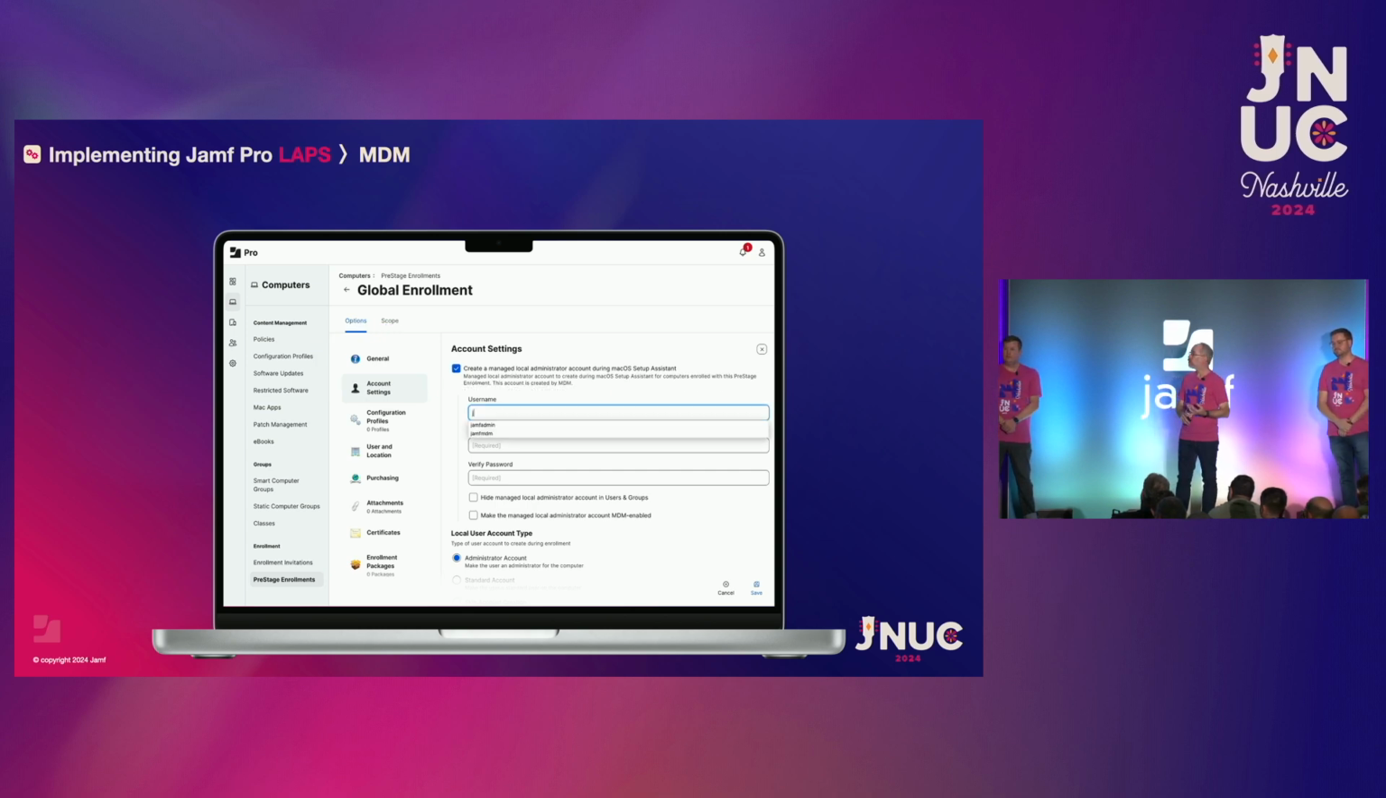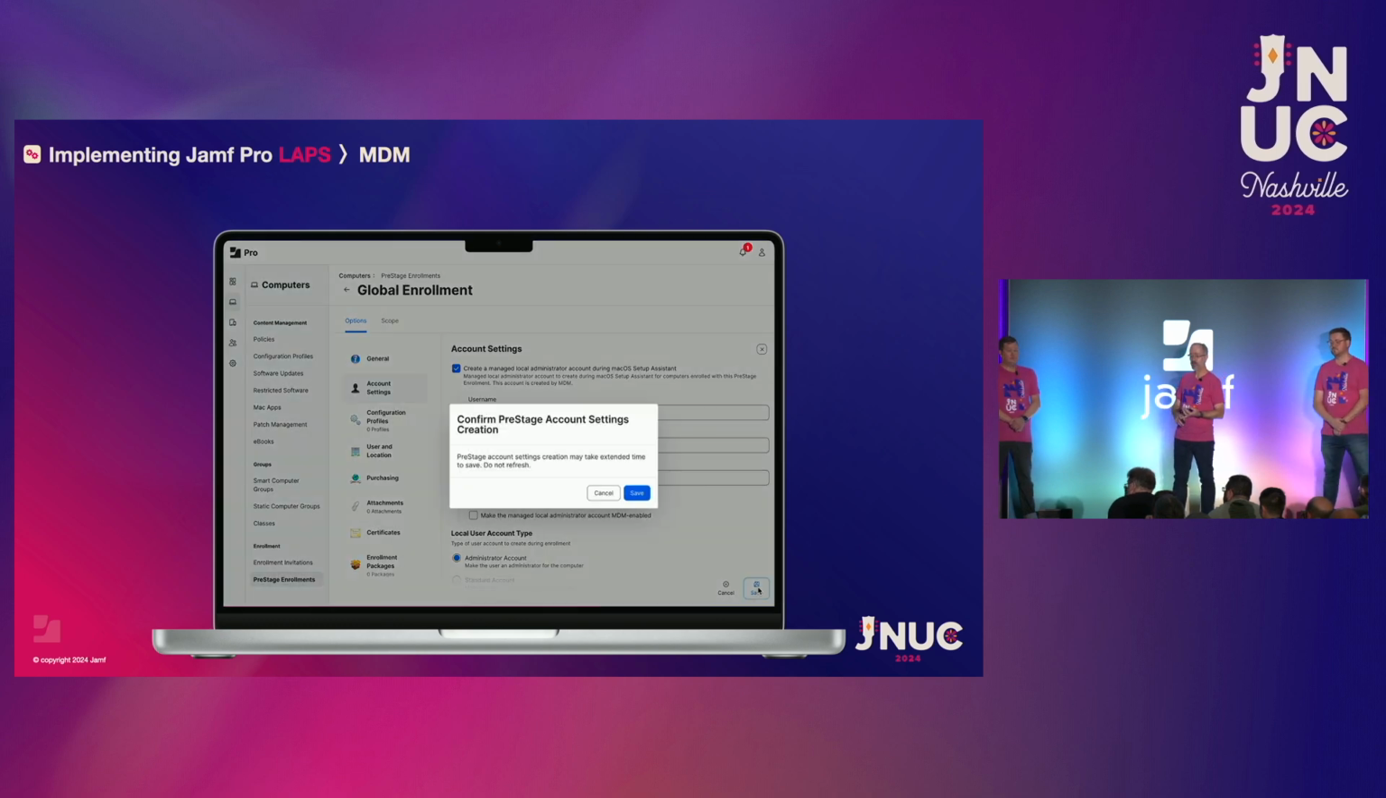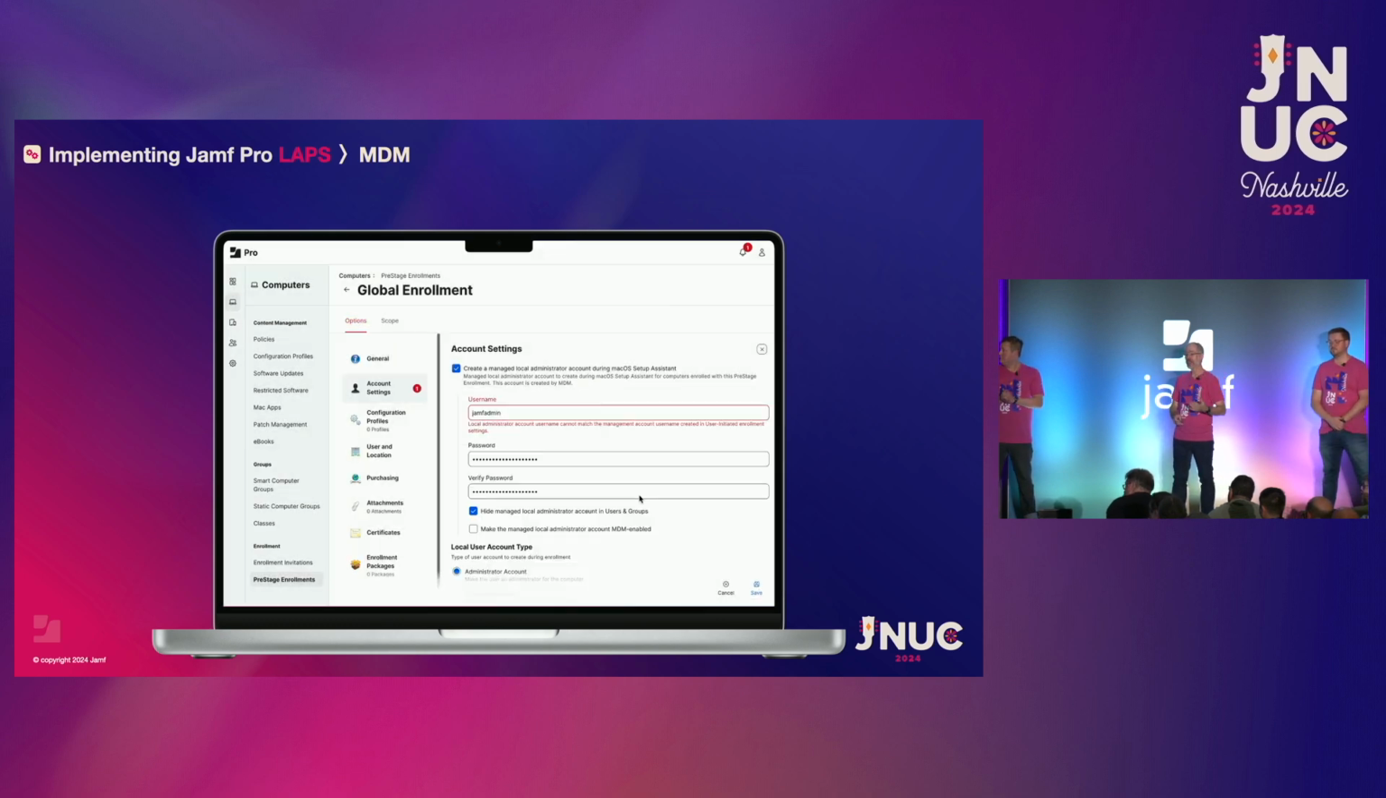I'm going to put in the same management account name that I specified for the Jamf binary, and I'll specify a password too. But this password isn't really that important because Jamf Pro is simply going to change it to a random password as soon as the computer's enrolled. Just like the other LAPS account, I'll choose to hide and I'll click Save. I'm prompted to confirm my settings and,